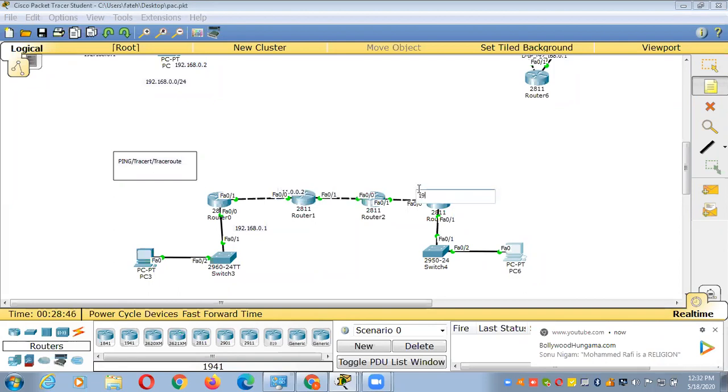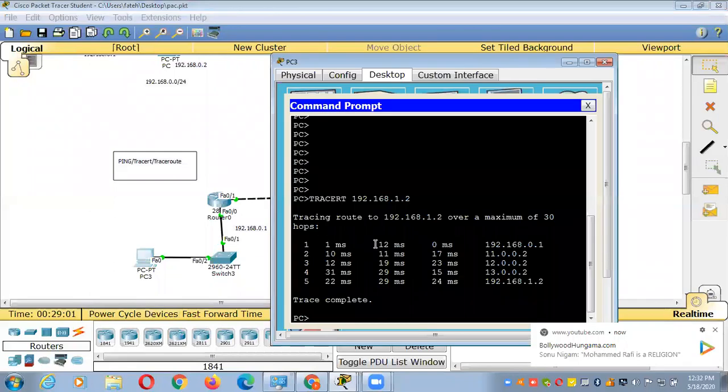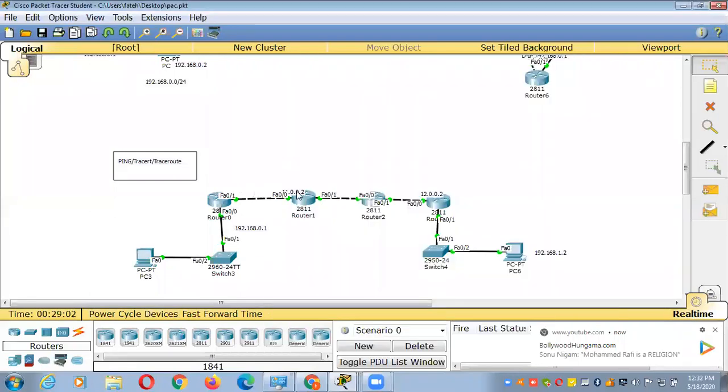Sorry, on the next one it will be 12.0.0.2. The IP of this machine is 192.168.1.2. This is 11.0.0.2, this is 12.0.0.2, and on this interface I have configured 13.0.0.2.